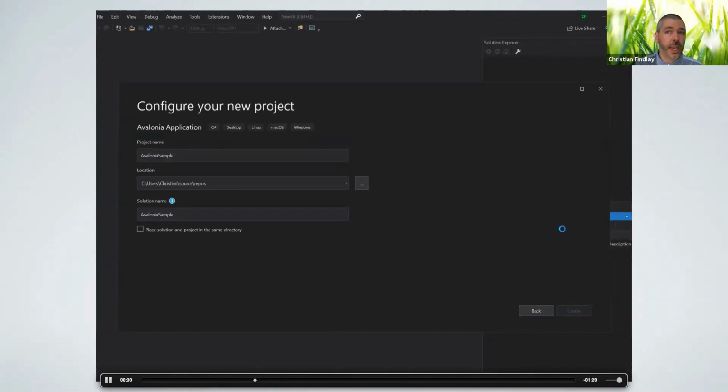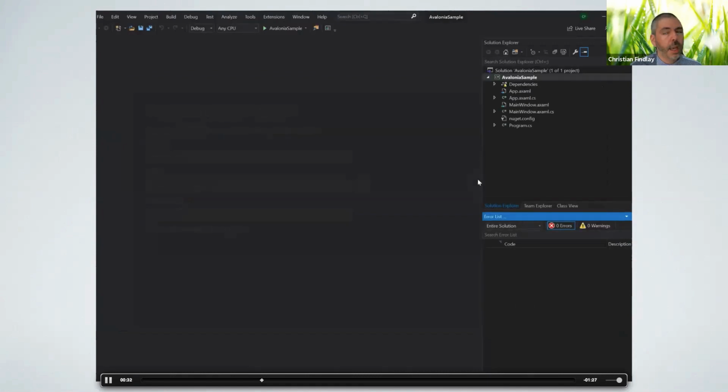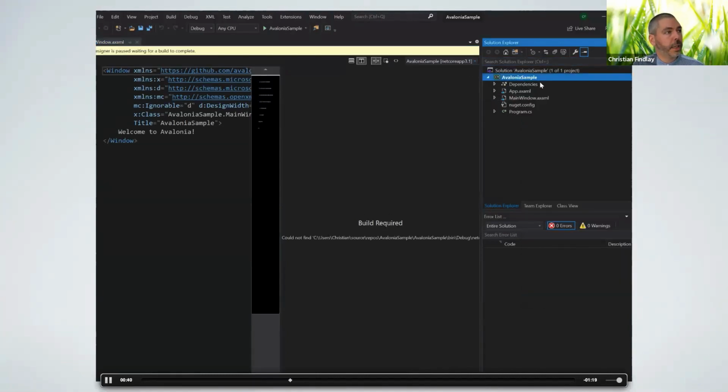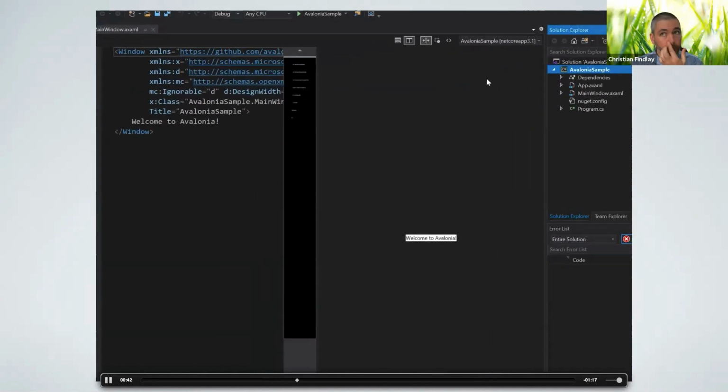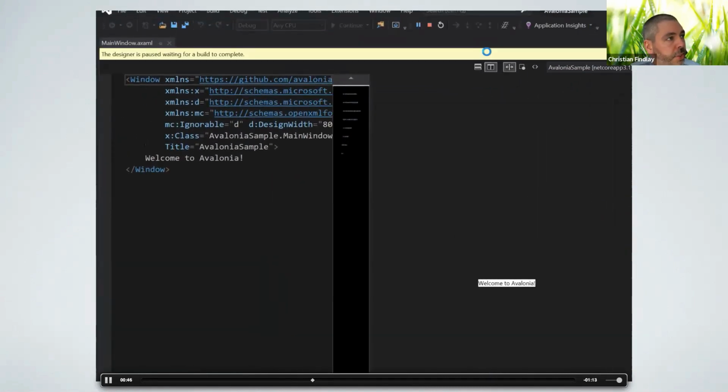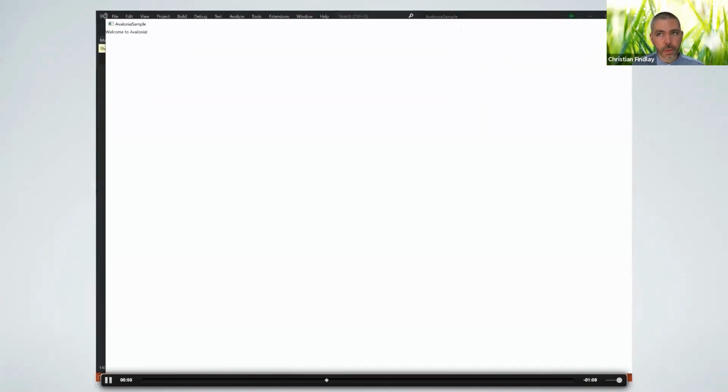It doesn't use the HTML DOM. So some people may prefer working with the HTML DOM, and a lot of apps are moving that way. But personally, I still like working with XAML. And we saw that with Uno and with Avalonia UI.